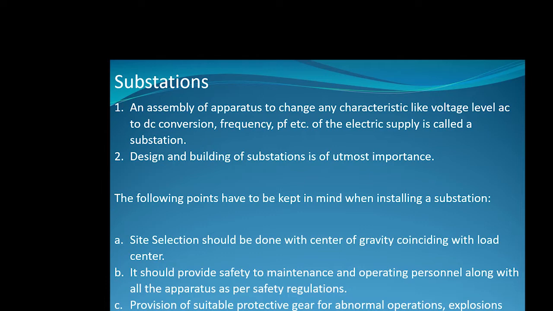The following factors are kept in mind while designing and building substations. First of all, proper site has to be selected for erection or commissioning of these substations. Second, protective equipment against fire hazard and explosions have to be provided. Clearances for high voltage substations also need to be provided, and the substation should provide facilities for maintenance and operation. Third, it should be easily operated and maintained. Fourth, the capital cost of such a substation should be minimum.